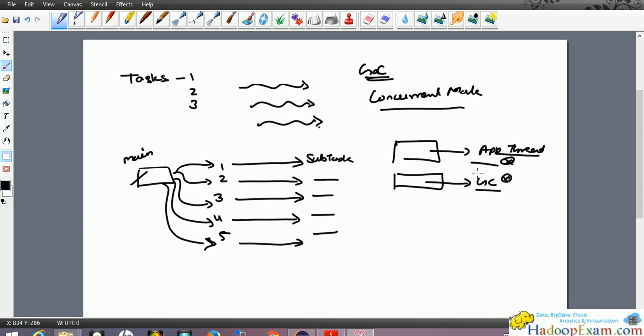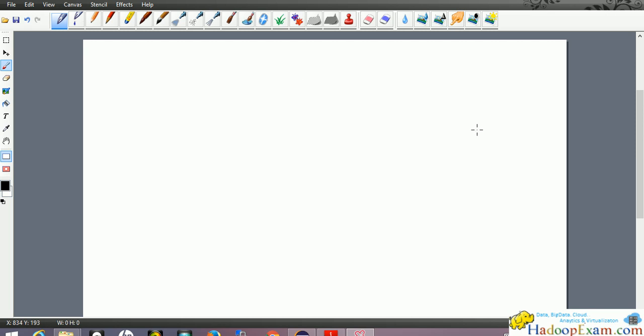That is called concurrency, because both things are progressing. This is your application thread and this is your garbage collection thread. Both run concurrently without stopping each other. That is called a concurrent garbage collection algorithm. We will cover more when we do the garbage collection algorithm.